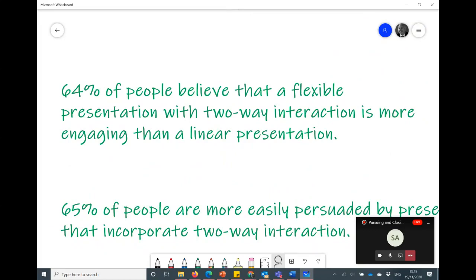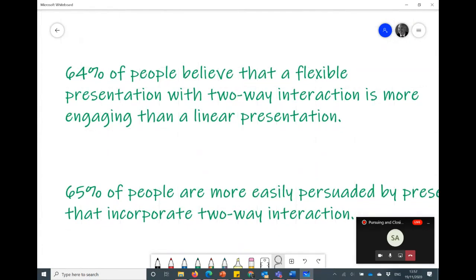64% of people believe that flexible presentation with two-way interaction is more engaging than a linear presentation. This hasn't really been flexible with two-way interaction because we're dealing with multiple people on the other end. Ideally you want to be presenting to 1 to maybe 4 people, and then you can include them. Do not just do a standard PowerPoint.